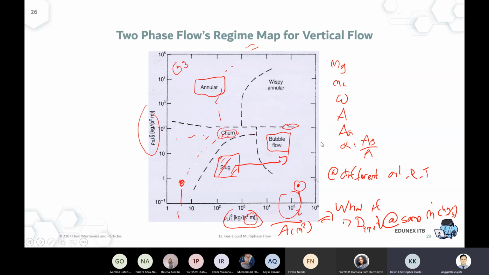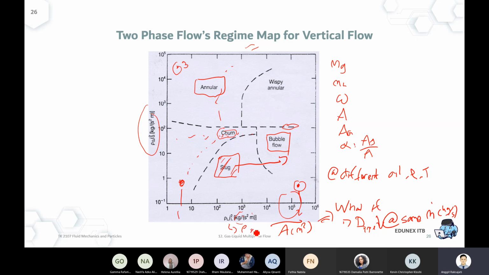Sir, I have a question. Yep, sure, go ahead. For the unit, sir, is that flow rate or is that like velocity, sir? I'm confused, sir. I think it's kilogram per second. That's mass flow rate, but I think there's some mistake over here. Hold on, rho L. Okay, no, that's actually not a mistake.